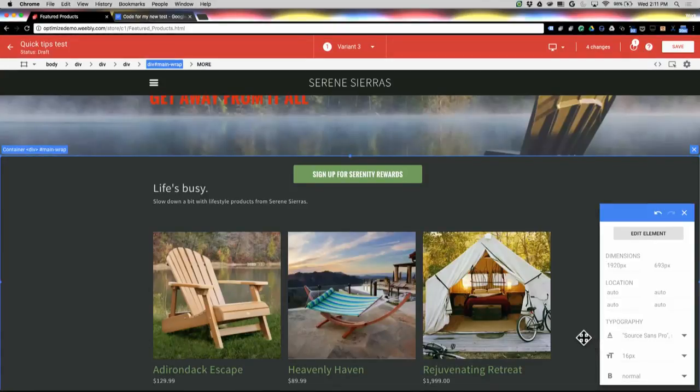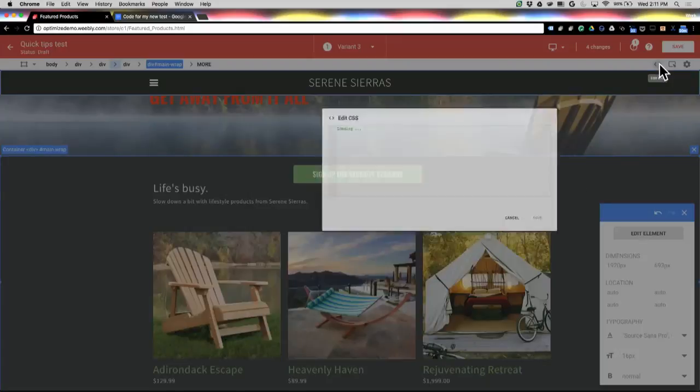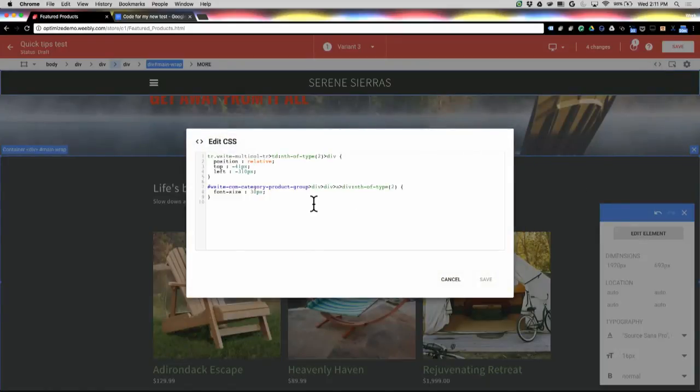Okay, let's move on to editing now that we've covered selection. The first thing I want to cover with editing is actually our CSS editor. That's this icon up here. I can go here and you'll see a couple of changes that already show up in this particular dialog. And these are the changes that I just made with the WYSIWYG editor. So I can go back and I can change those in a little more detail, or I can add new